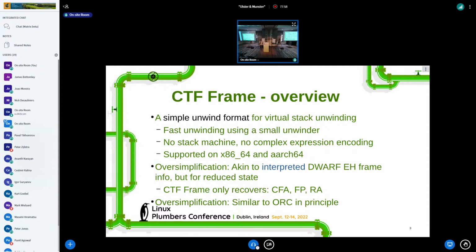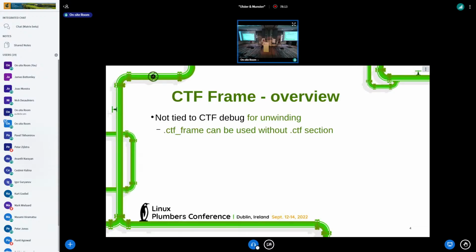Now, for those of you who, well, I think most people would know ORC here. CTF frame is very similar to ORC in principle. I do have a slide later on. They are a bit unorganized at this time, but as I show that slide, I think you'll be able to relate to CTF frame better. This again is one of the things that I think we should keep a mental note of, which is that CTF frame